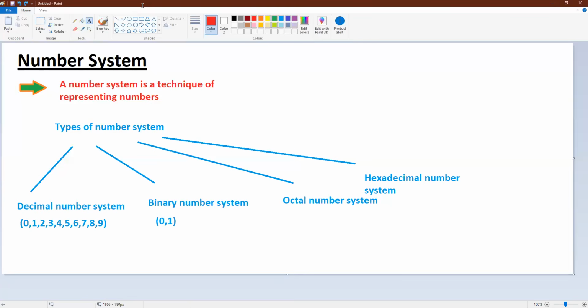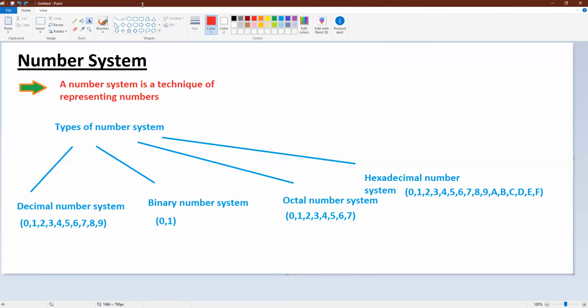Then we have the binary number system. The binary number system is used by the computers, as the computer can only understand a few digits, so we only have 0 and 1 for the computers, where 0 means no electricity or no voltage and 1 means presence of electricity. Now, the octal number system has a total of 8 numbers starting from 0 to 7,